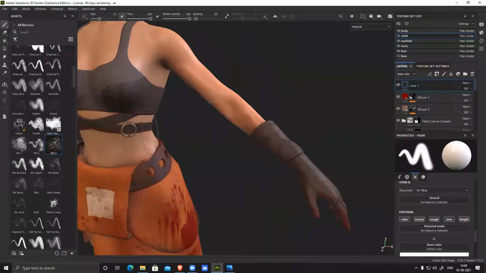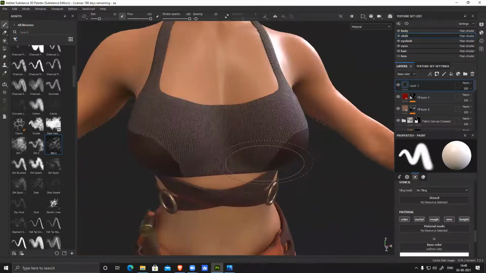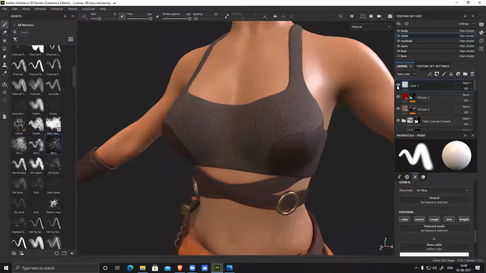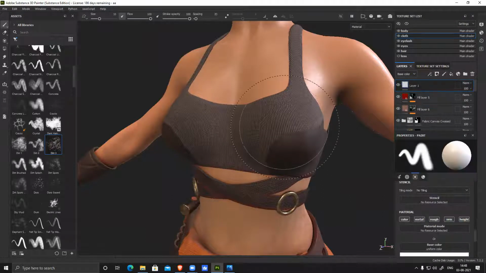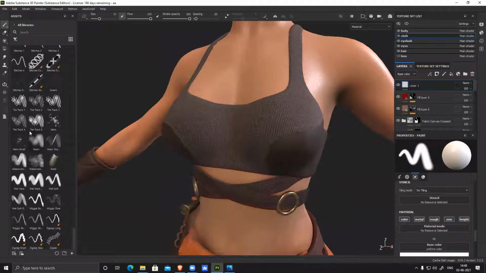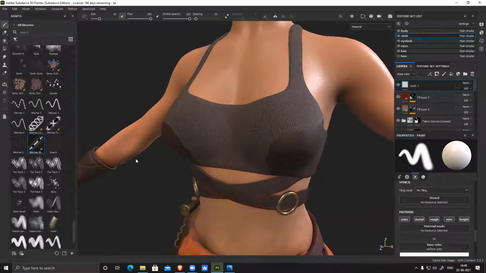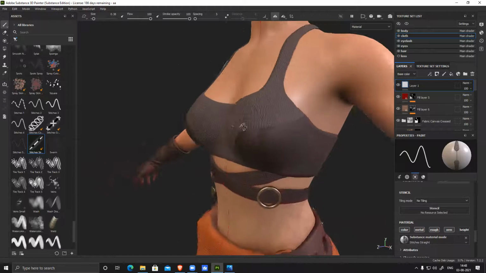Like you can see, I have added a couple of stitches. You see here, only one side I have added. So this is something we can do directly with the help of a brush. Let's delete it. And for this, you cannot use a fill layer. You have to use a paint layer, add layer, this empty layer, and on this only you can do it. So if you scroll down, you see you have all these stitches. Select this thing, resize the brush, and let me switch on symmetry.